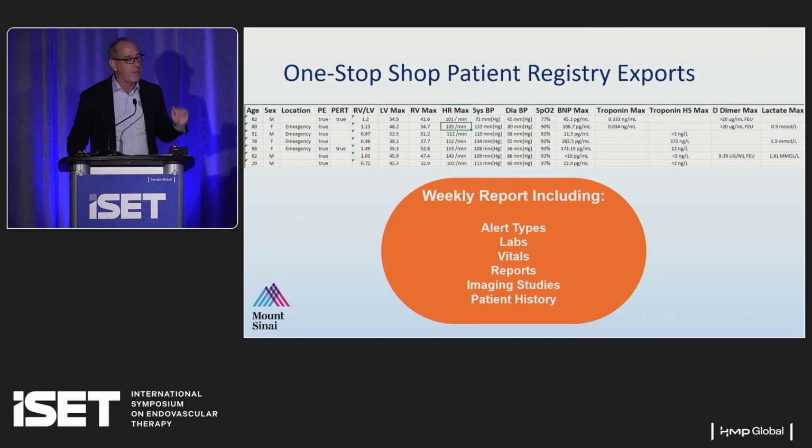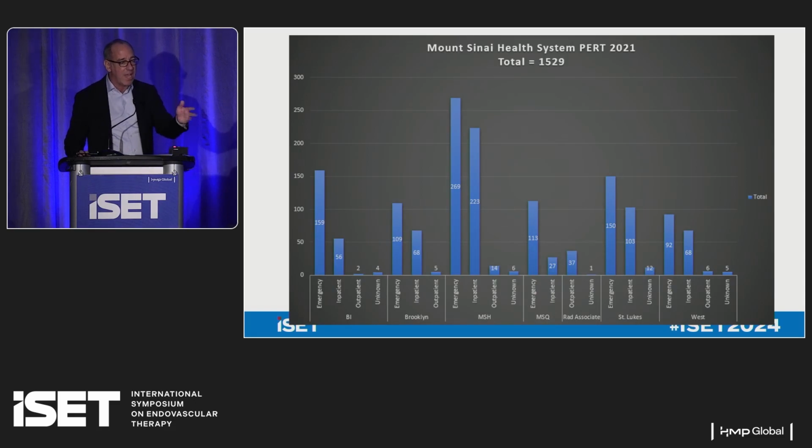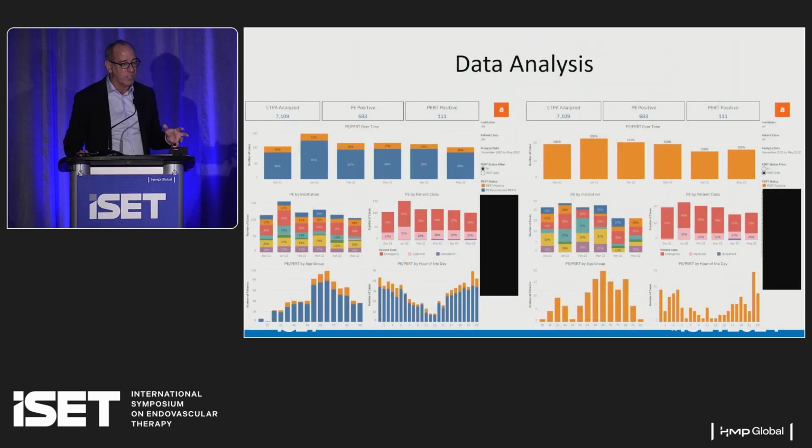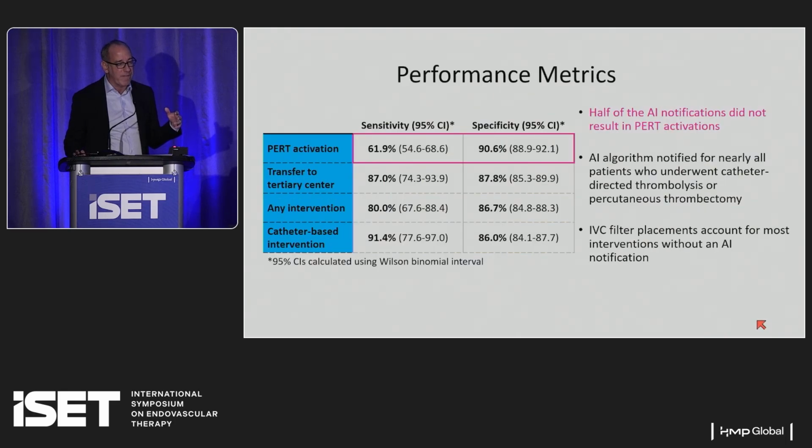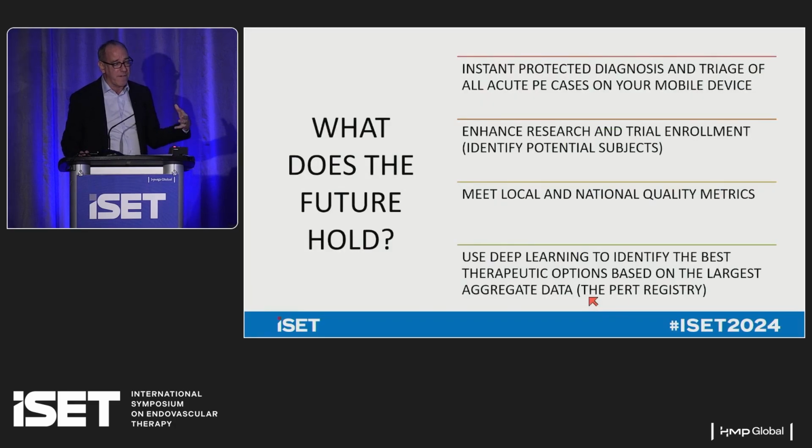We also have screening reports, so we can recruit every single patient who comes in into all of our clinical trials that we are doing. This has transformed our research infrastructure, so we know that every single case is being screened and identified for potential trial participation. Again, we've diagnosed 1,500 patients over the course of the year. This is how it's organized and aggregated, and you can mine this and curate it however you want. Just a very, very brief thing: our accuracy of being able to pick up a relevant case is 90%. This is our first iteration. And so it's, again, a very, very powerful tool.